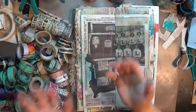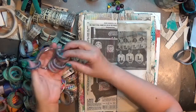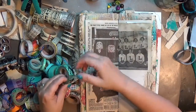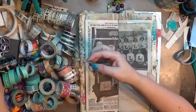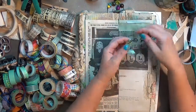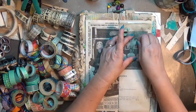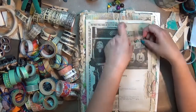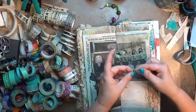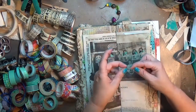So, this is actually day 99. I didn't like day 100, so I'm not even gonna bother sharing that with y'all. But for day 99, I needed to use my wall washi tape. I previously have used my design tape, but I call it my wall washi because I've got it all on these loops of rope. I don't know if you can see, it's like a nylon cord hanging on the wall. And so yeah, I needed to use some of that because as you can see, I've got tons of it. So I pulled it all down. It's going to disappear here in a little bit when I finish with it, and decided to use it in